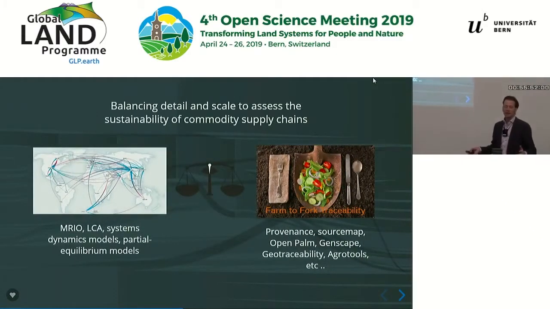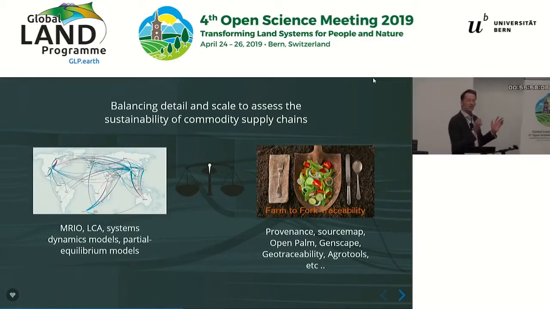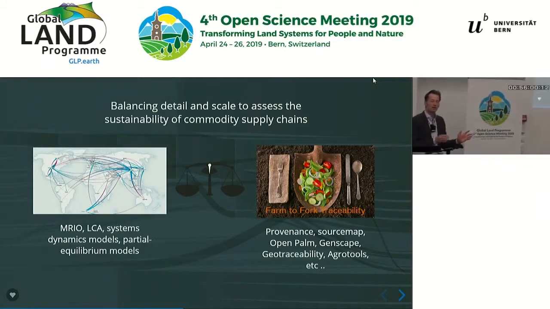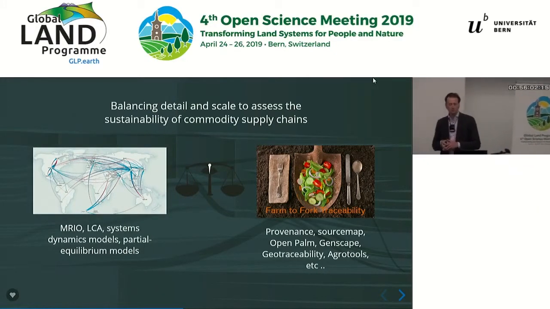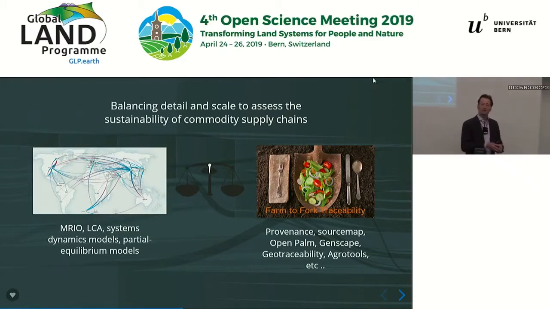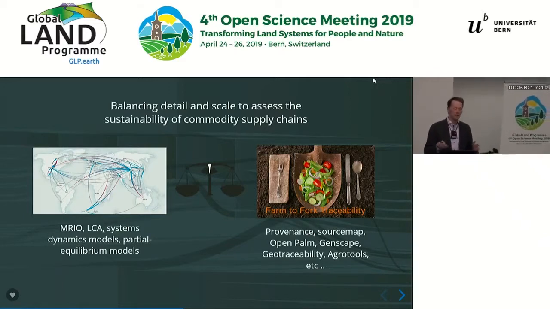And there's a balancing act here to be had that quite a few people were talking about in their presentations in the last few days. On the one hand, you have national level data that are used to drive global models, economic models to look at footprints, for example, environmental economic accounting. Incredibly important to understand that dynamic at a global level and to raise awareness about overall impacts, but fundamentally limited about providing actionable information for individual actors.